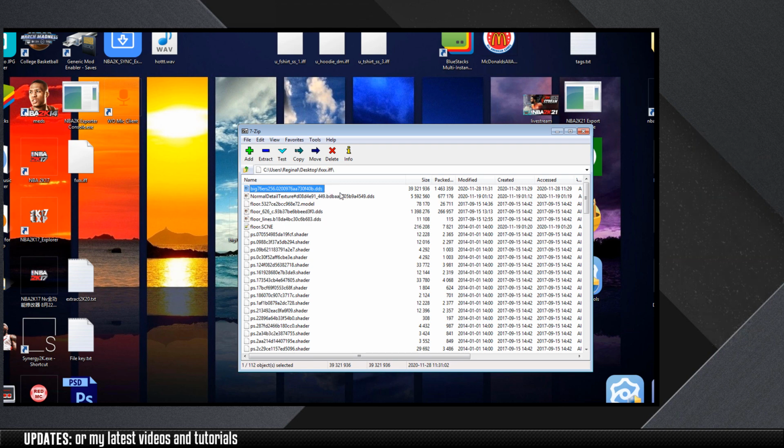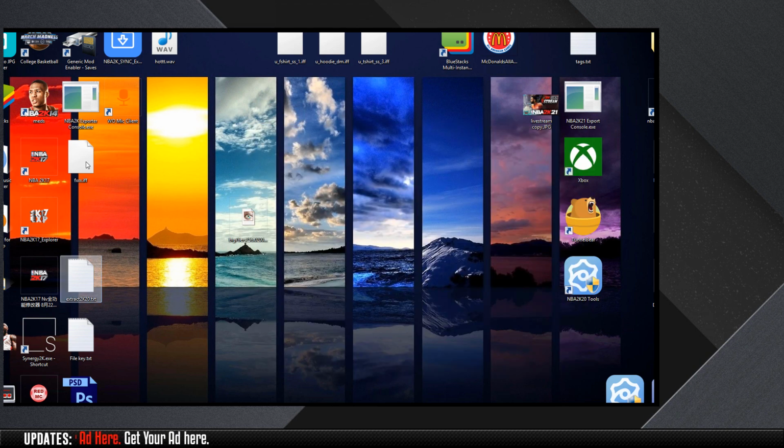Hopefully you guys really understand what I'm saying. So it should have the name of the file followed by a period and DDS, but it shouldn't say DDS 2 times, only once. Okay. So now what I can do is I can actually exit this. And where'd the file go? Here it is, that